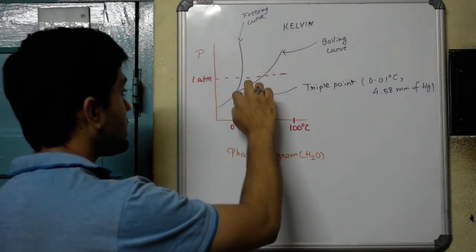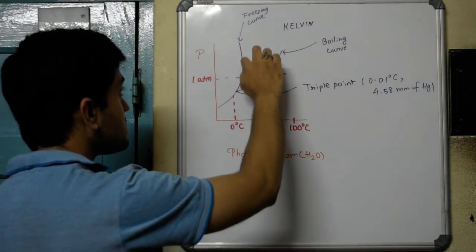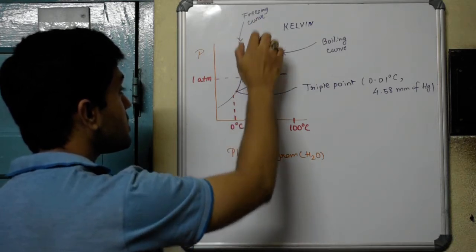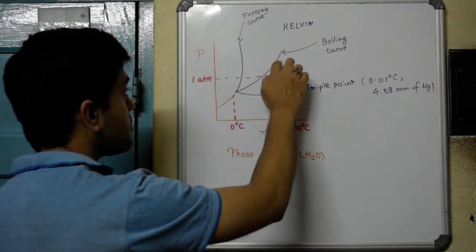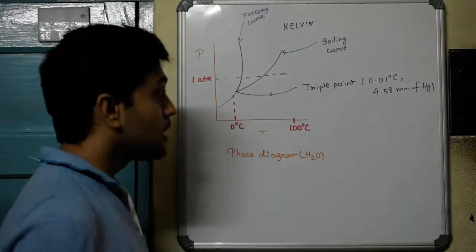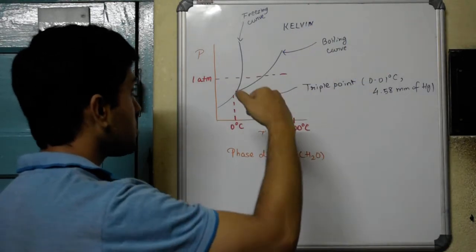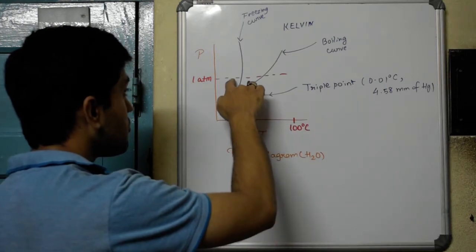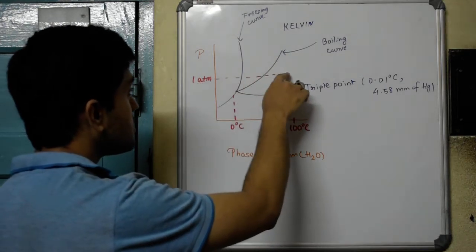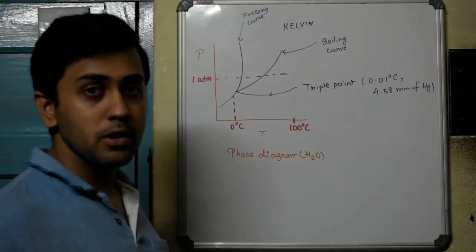This violet part here, that's one curve. This is another curve which is named the freezing curve, and this is another curve which is named the boiling curve. And somewhere here is the 100 degrees Celsius temperature, which is the boiling point of water. Somewhere here is the freezing point of water, and this is the normal 1 atmospheric pressure that we on Earth